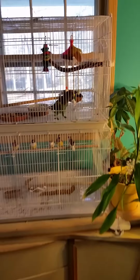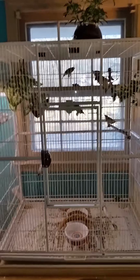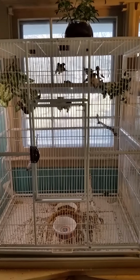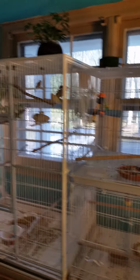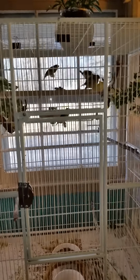Another thing that I would really suggest to you is to consider the pairing of your birds. Some birds are not compatible, but I have not really found that to happen a lot. I haven't had a ton of finches that would refuse to breed just because they didn't like each other for whatever reason. It is true what they say, birds with the same color face mask, they do seem to gravitate towards each other a lot of times, so that might be something you want to consider, but it's not necessary,